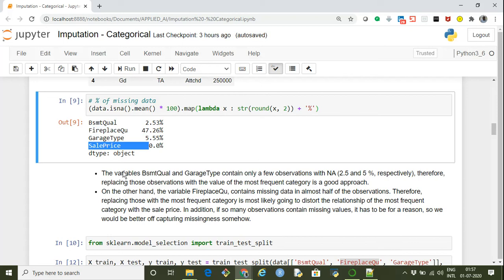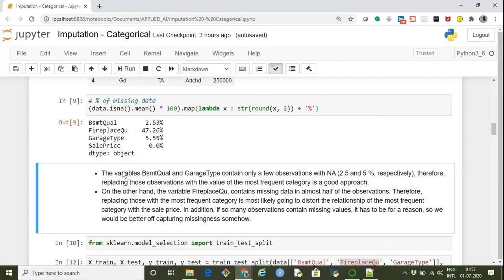Now, the variables basement quality and garage type contain only a few missing observations, 2.53 and 5.5% respectively, therefore replacing those observations with the value of the most frequent category is a reasonable approach. However, if we take the variable fireplace quality, which contains a high amount of missing data, almost half of the observations, and we replace with the most frequent category in this particular variable, then it's going to distort the relationship of the most frequent category with respect to the sales price.